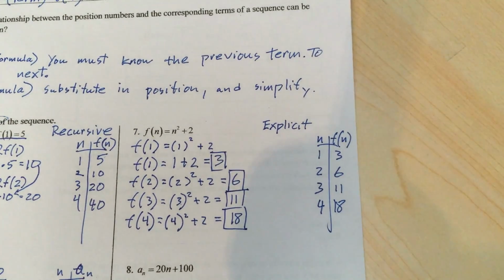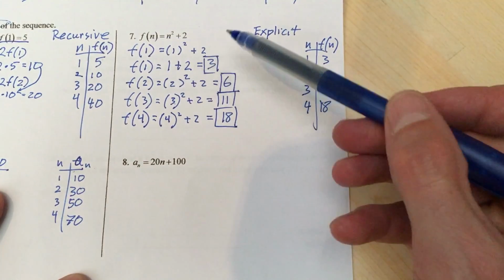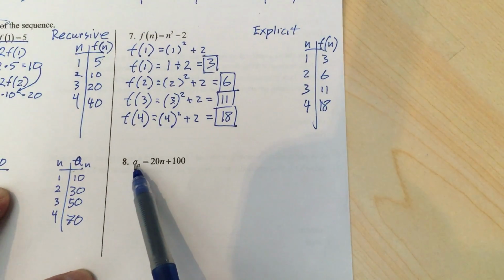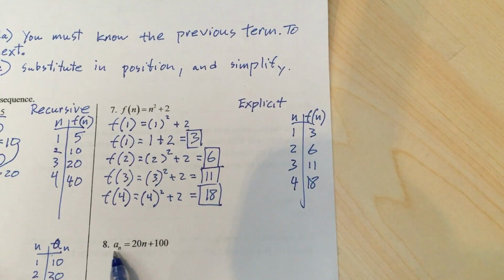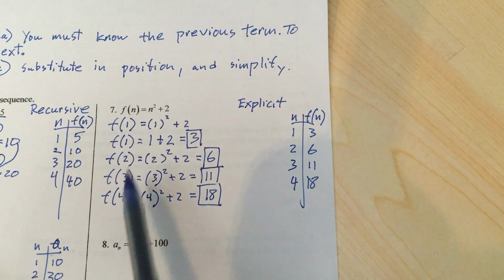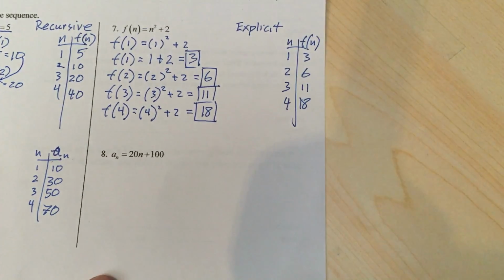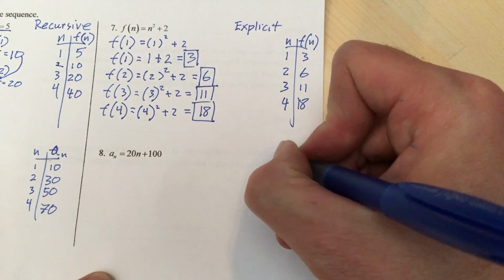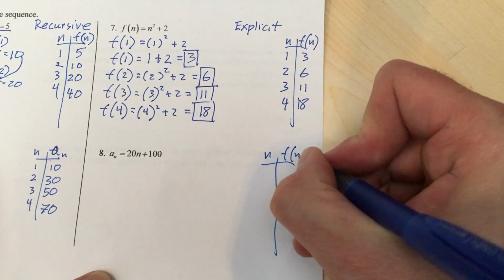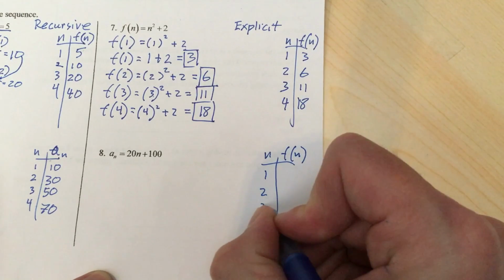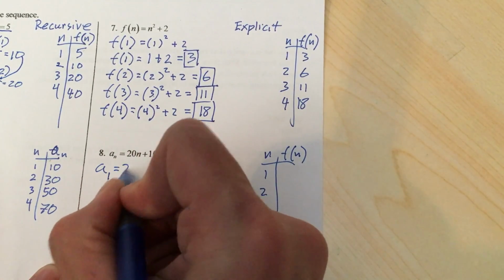Okay. All right, and our last problem, again, it's still an explicit rule. The only difference is that we have our a sub n and n here as opposed to f of n. So a sub n and f of n are really similar to each other. It's just a different notation that we're getting used to. Okay, so we can substitute our numbers in. So we're going to look for the first 4 again. Make your T chart. And so we're going to go 1, 2, 3, 4. And so a sub 1 equals 20